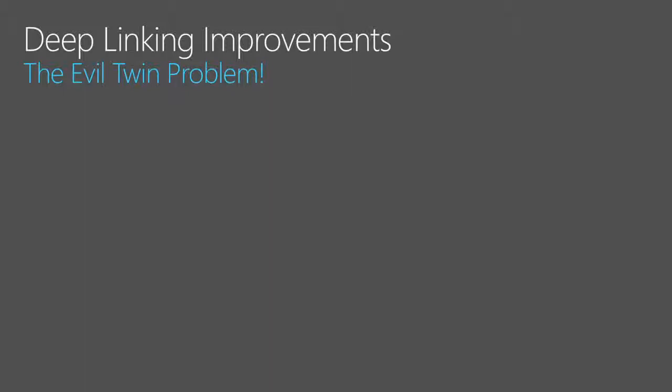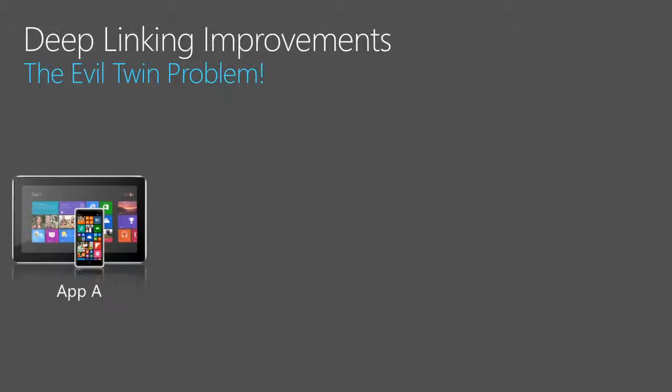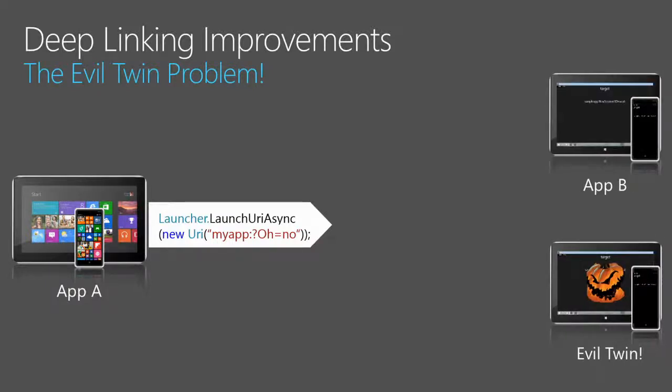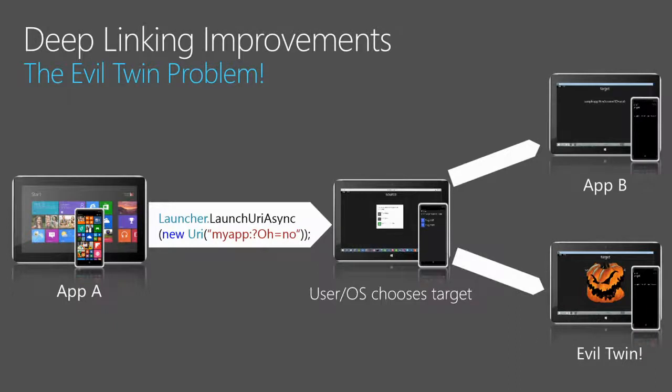However, there are problems with deep linking. It's a fairly naive implementation from the perspective that it fires that custom scheme and launches it. So imagine we were back in our app A, and we want to launch my app scheme. So there's my launch syntax, but oh dear. I happen to have two apps installed that both have claimed to implement that protocol. Now, when I'm in my operating system, I get presented with a picker. Choose which one. And I don't have much information being shown to me at this point to be able to make a choice. Do I need app A? Do I need Evil Twin? I don't know. I'm going to make a guess.